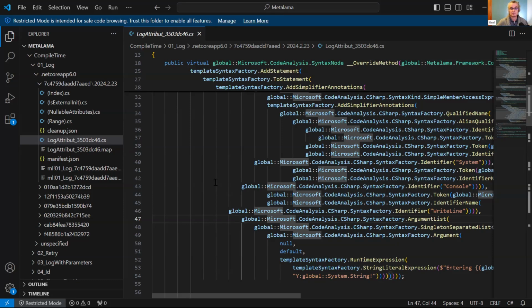So if you are new to object-oriented programming, I would not recommend starting with Metalama or with metaprogramming, because you should use these tools when you have exhausted the possibilities of object-oriented programming, of dependency injection, of design patterns. Some design patterns are good. They don't require boilerplate code. So what I would not like you to do is to start using this tool because it is cool. It's something that you would use as a last resort when there is no other approach,